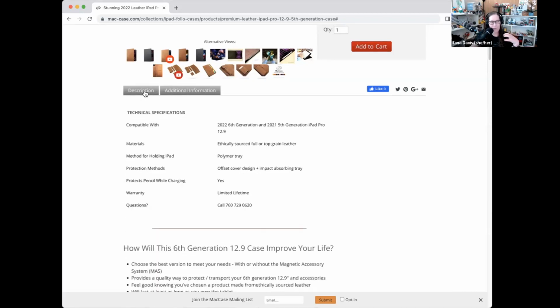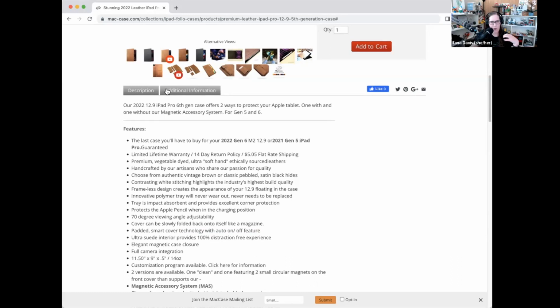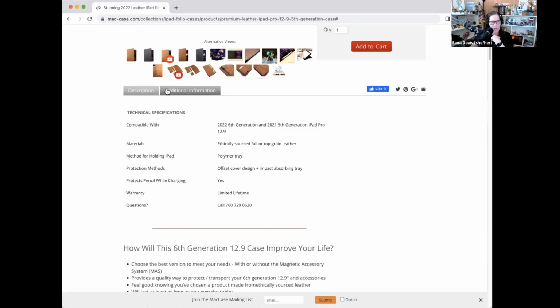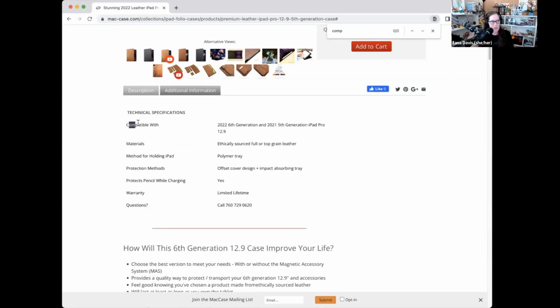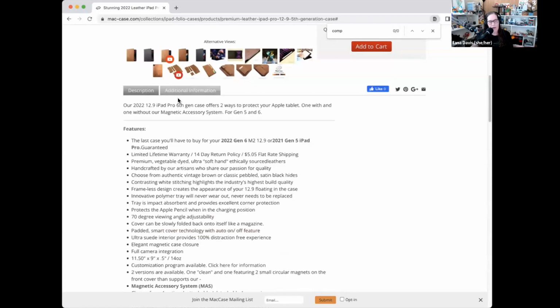And then I also wouldn't put these in 2 different tabs. I would put them all in one. I know I'm very particular about that, but oftentimes if you try to search, let me actually try it and see if it works. So, compatible. See, if I search for compatible, just "comp" even, it doesn't show up. And so if I'm looking for something that simple, it wouldn't have shown up for me. And then I maybe would have moved on. So I prefer to have everything all on one page. People will scroll down, it'll be fine. So that way they can find the information that's important to them.